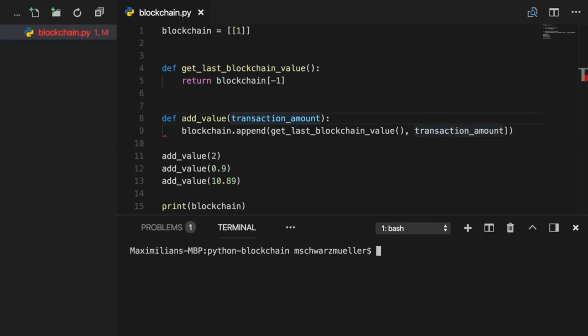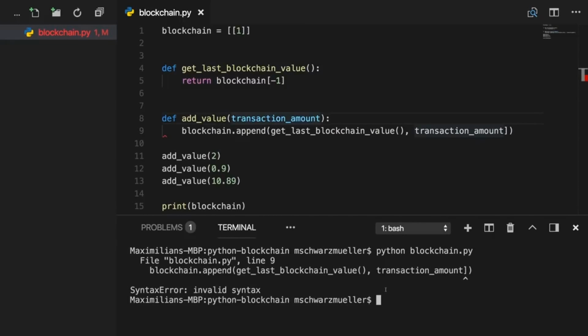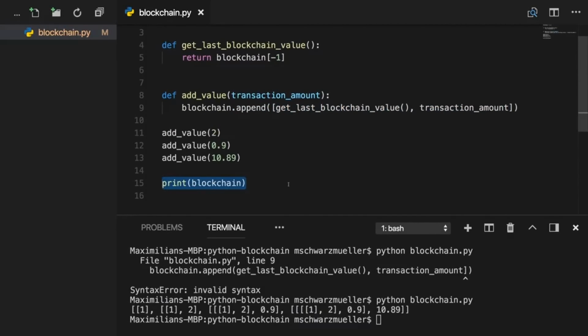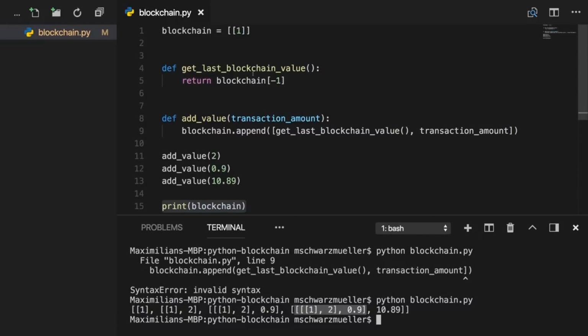If I now clear the console and execute my script again, you see we get an error here. But the reason for this simply is that I accidentally deleted the opening square bracket. I need to keep this because that last value I'm extracting should still go into a new list. So if I save this and we now execute this again, now we only get one output because I only got one print statement now. But here you see it's still extracting the old list and inserting this here, and then also this one into here. So this is still working, but now split up over two functions with the help of the return keyword.